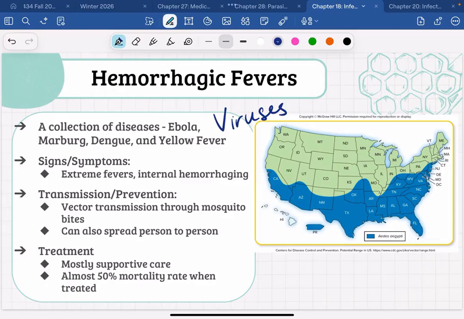Because it's spread through mosquito bites. Mosquitoes live in warm environments. As the entire earth becomes warmer, those mosquitoes are able to migrate to areas that they didn't used to be able to live in. So this is a map that shows the current living zone of the mosquito that is